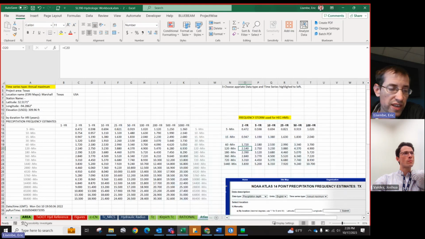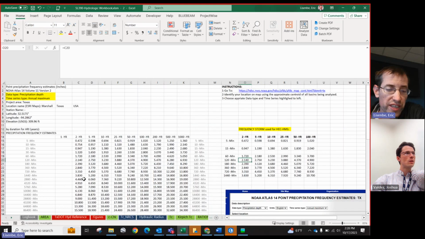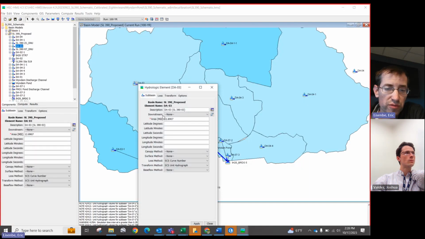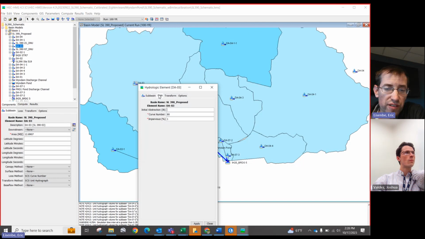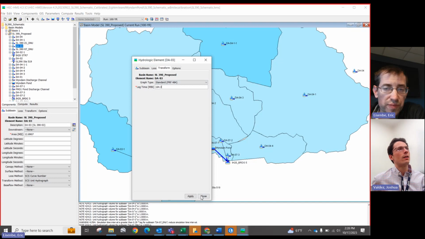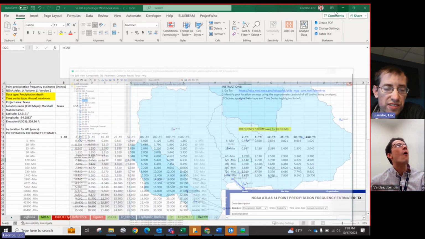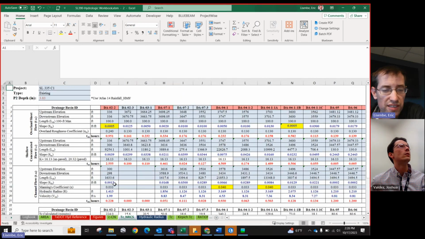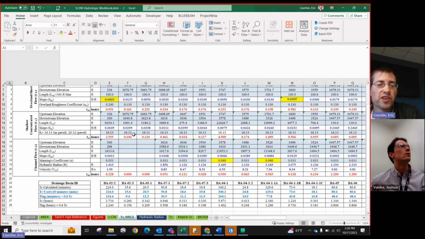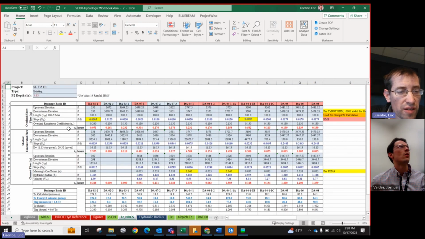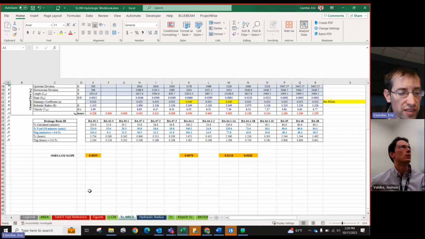So that would be, let's see. The other big things we needed are the area, which you have, and then you need your lag time here. That's based on the way we usually do that. So we've got this DC spreadsheet in the mix here, and that's based on